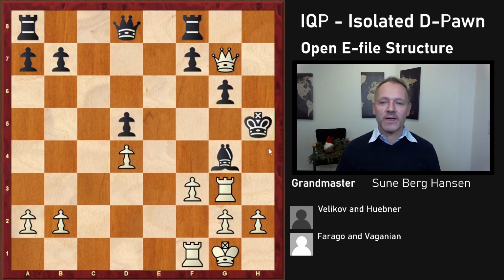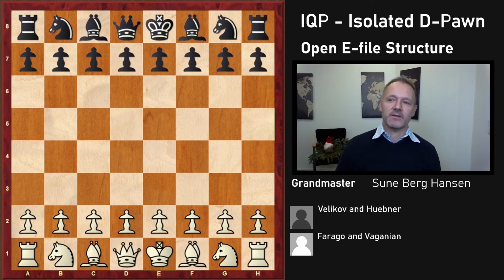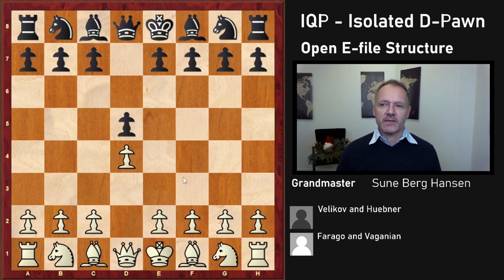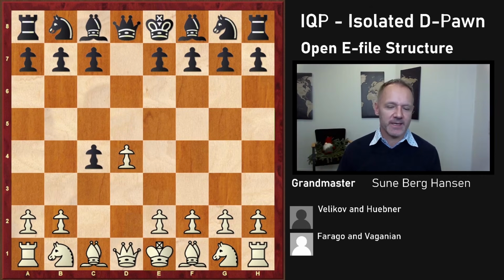Okay, let's see one more example. It's a classic example from Tilburg in 1983. It's 2 of the giants of the past, Vaganyan against Hübner, and I played both players. I think it was all draws. I think I played both of them 2 times, and it was all draws. Anyway, they're really strong, and back then they both had 26-20,